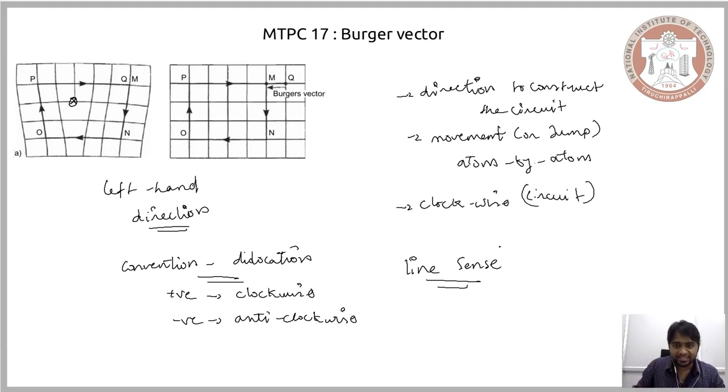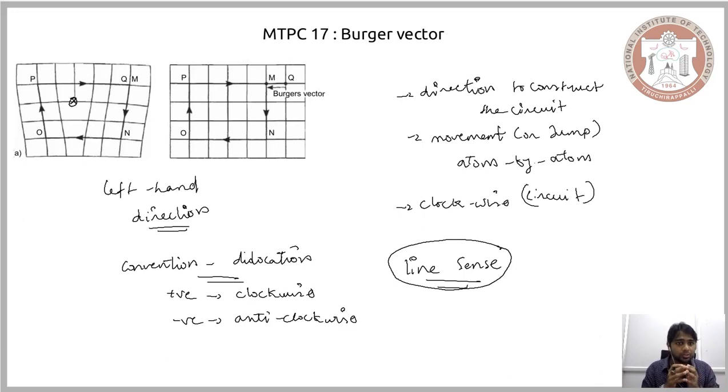So line sense is a convention that helps us distinguish the different forms of a particular category of dislocation. To put it even more simply, the line sense helps us distinguish positive edge dislocation from negative edge dislocation. It helps us distinguish where you would find the extra layer of atoms with respect to the dislocation line, and that is the reason why it is referred to as the line sense. Depending on the convention of the line sense, you will be able to understand where you can find the extra layer of atoms with respect to the dislocation line.